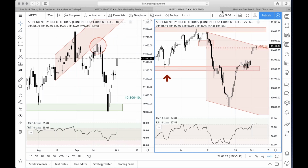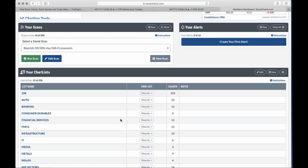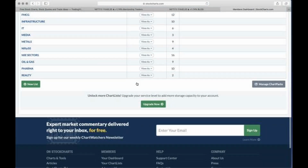Let's take a look at the sectors. How did the sectors fare last week? For that, I'll take you to the Stock Charts website. It's easier for us to visually see. And then we'll go to my dashboard, and under the dashboard, we'll have,